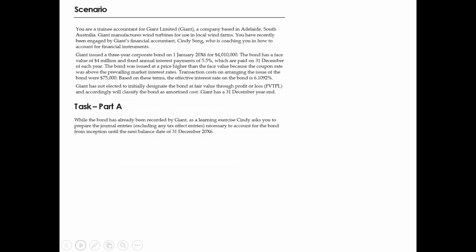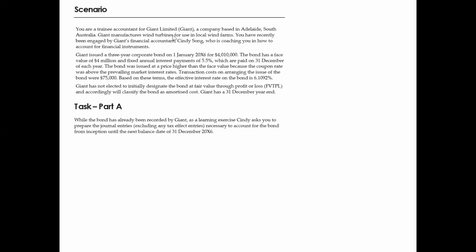You guys learned a lot from that question. Now let's have a look at another example for Unit 9. So we are told that Giant, a company based in Adelaide, South Australia, manufactures some wind turbines. The company issued a 3-year corporate bond